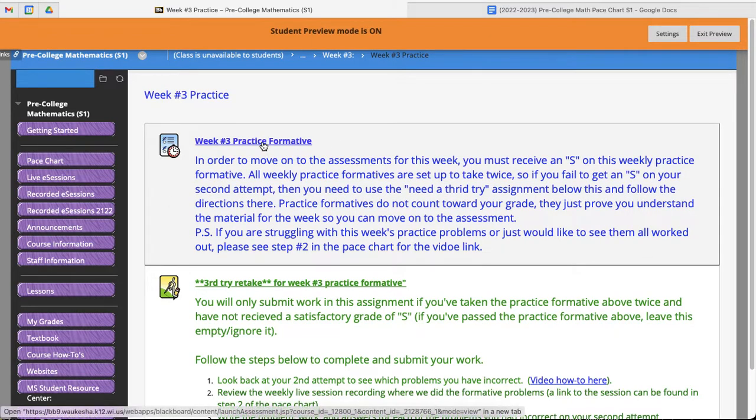And so this is the formative that we have to pass in order to get at the assessment materials. So this formative, you have to receive an S, a satisfactory grade, and we've set up this formative to be taken twice. And if you don't get a satisfactory grade after 2 attempts, then you need to use the I need a third try assignment below. So that's this assignment down here. So if you don't pass this in 2 tries, then you get locked out of this,